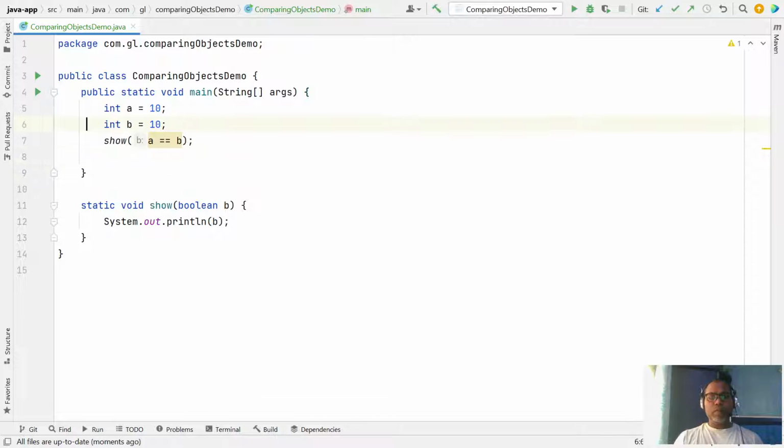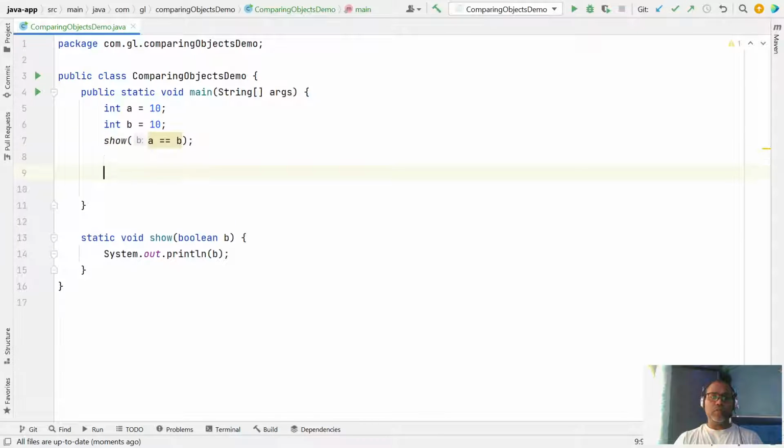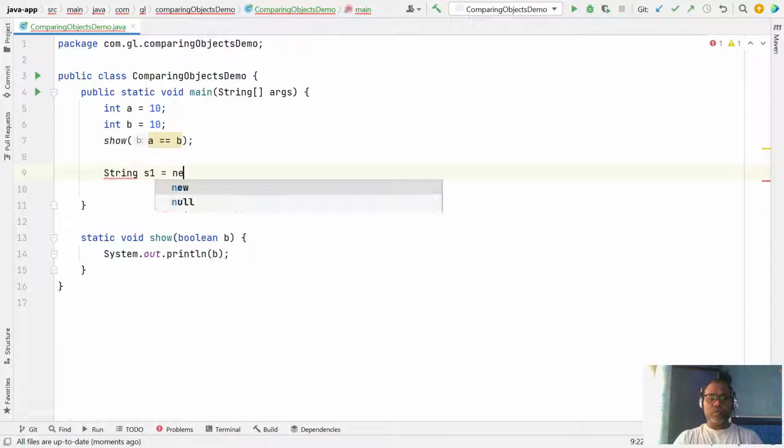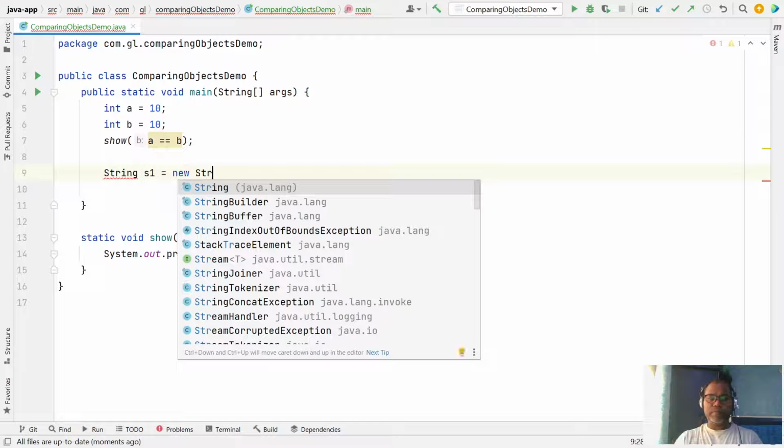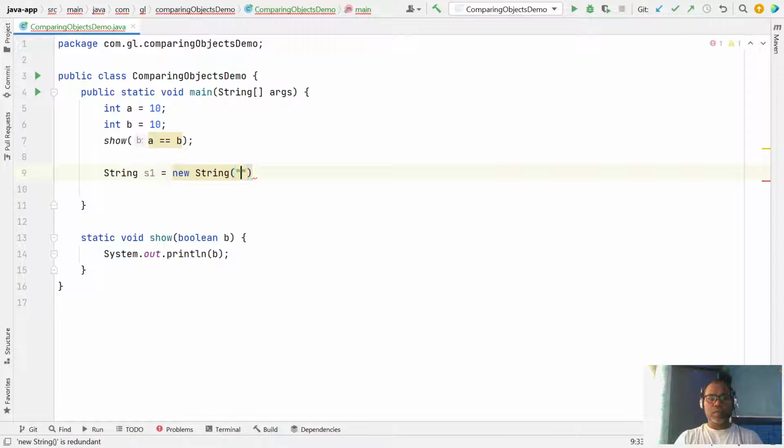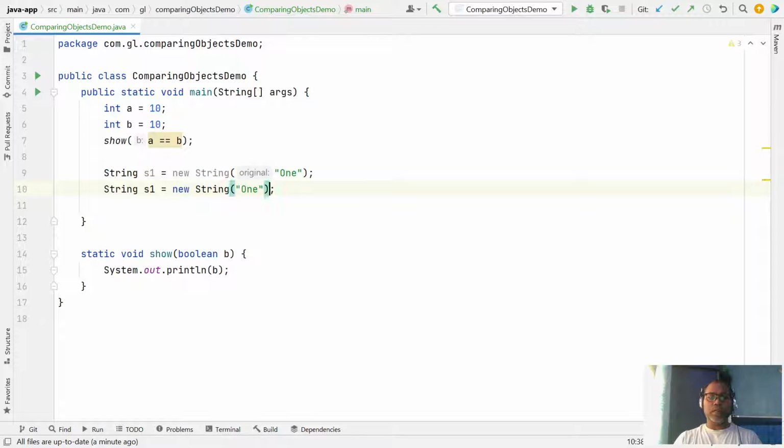But sometimes we are also comparing objects. Say we have two objects, like String s1 equal to new String with some value, and you just created another string s2.